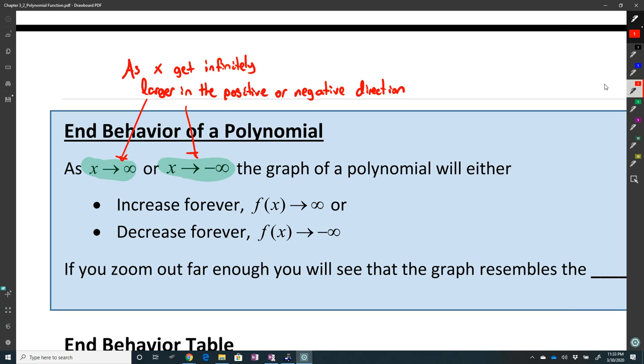Right, then the graph of the polynomial. When you're dealing with polynomials, as you go off forever in one direction, they're going to do one of two things. They're either going to increase forever or decrease forever, and that's it. So when you're dealing with a polynomial, end behavior,